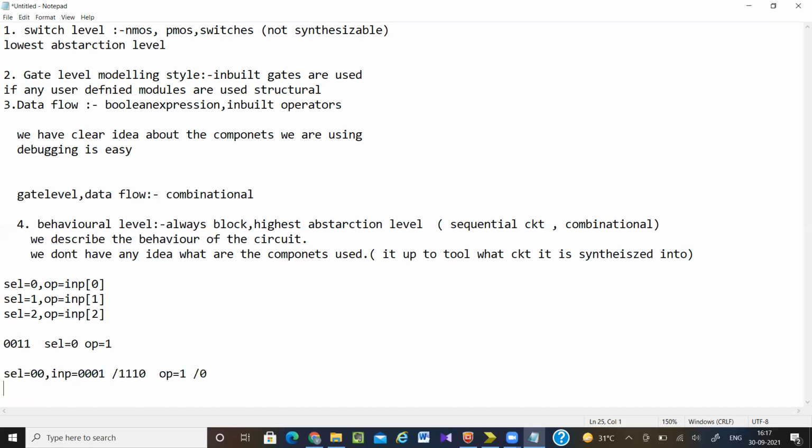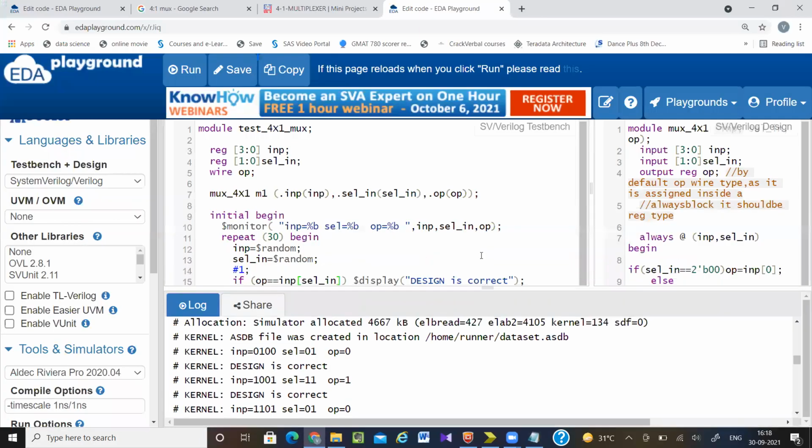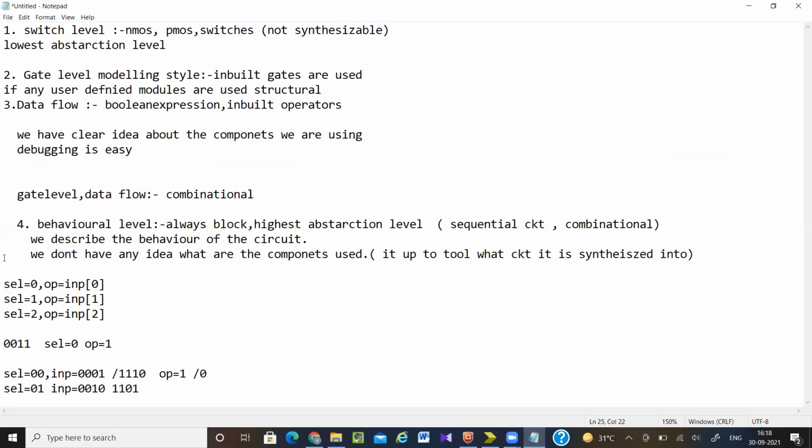Similarly, when select signal is equal to 01, your input should be equal to 0010, next 1101. Like these signals you have to generate. See, the earlier one is also correct, but here you can't be 100% sure that your design is correct because these kinds of situations may arise.